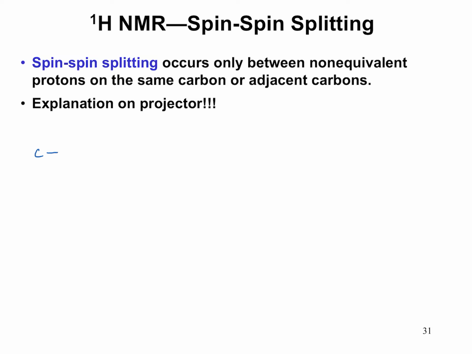Let's say that I have this molecule here, and these two hydrogens are the same, so HA and HA, right? So in order to figure out what HA is going to look like, we have to look at its immediate neighbor. And we use the formula n plus 1, where n equals the number of neighboring hydrogens